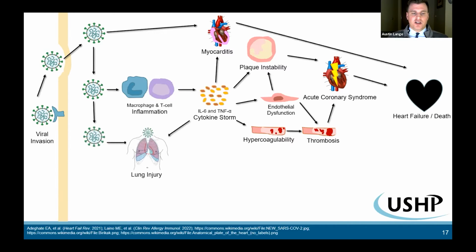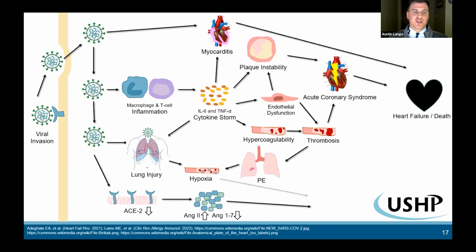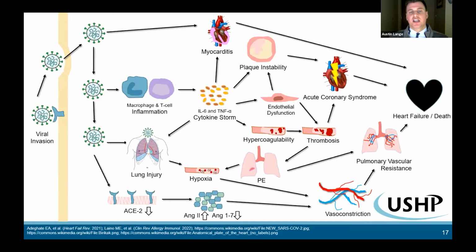And if we circle back here, the lung injury itself and the cytokine storm can cause lung injury, and along with thrombosis and potential PE can cause hypoxia. And then if we circle all the way back, the ACE2 receptor downregulates, increasing the amount of angiotensin 2, decreasing the amount of converting angiotensin 1 through 7, causing vasoconstriction of the vessels, which then can lead to increased pulmonary vascular resistance. And again, it can promote new symptoms or exacerbated symptoms of heart failure and can obviously lead to